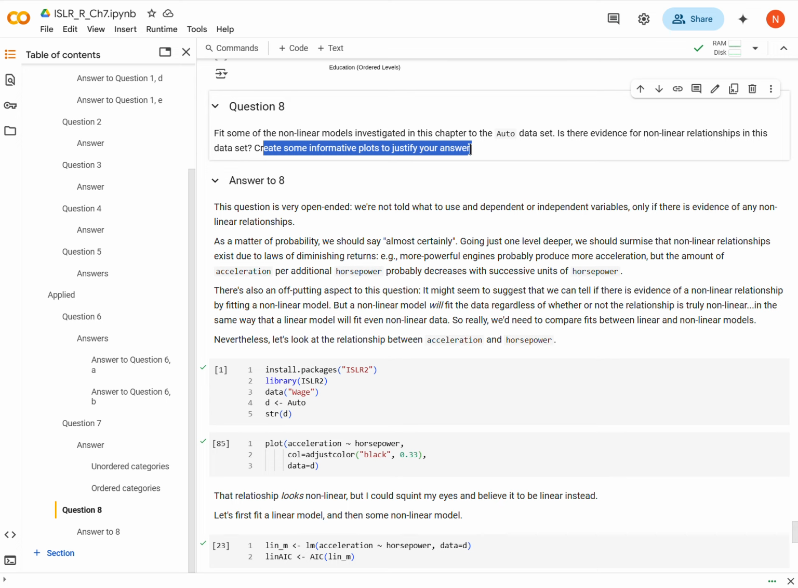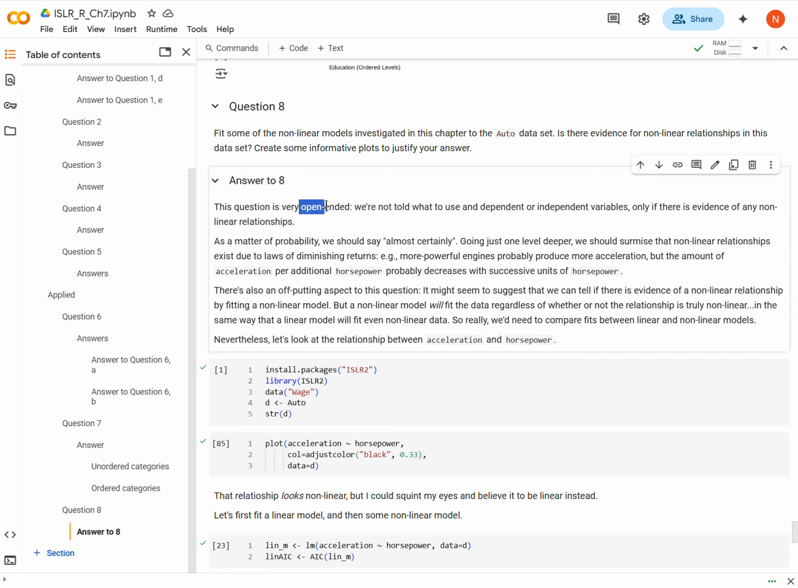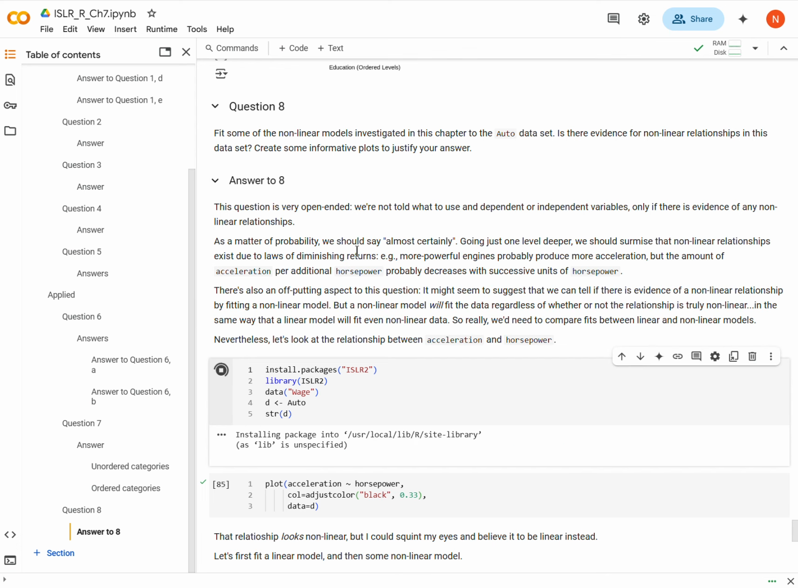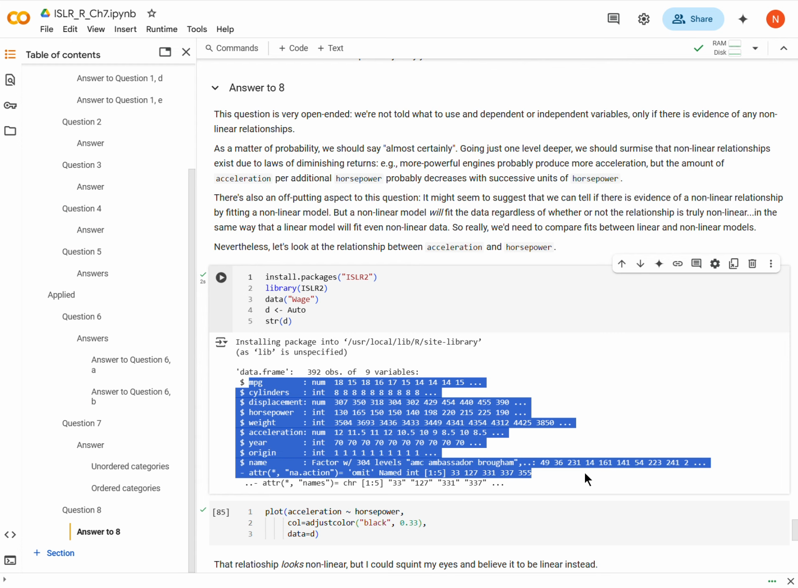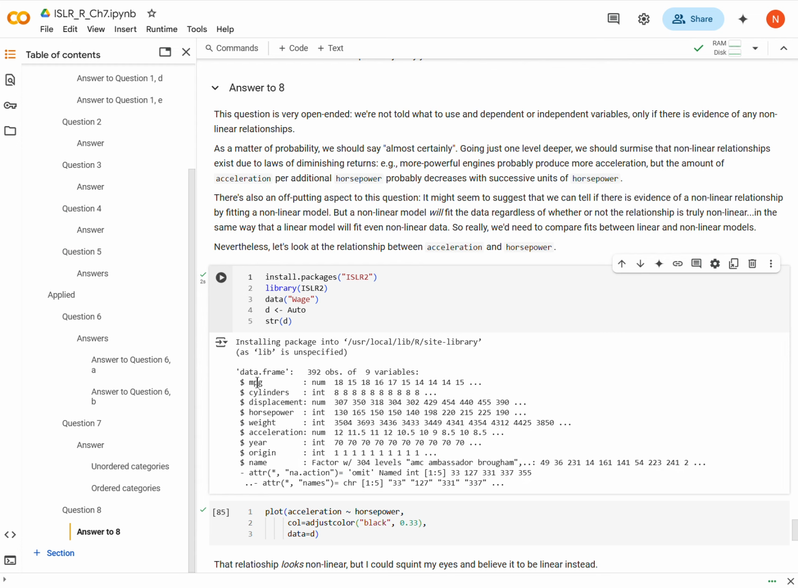All right. So the first thing to notice here, obviously, is that this question is very open-ended. We're not told what variables we're supposed to look at, and we're really only directed to indicate whether or not there's evidence for nonlinear relationships. Okay, so just as a matter of probability, in fact, let me just load these up here. Just as a matter of probability, we have all of these different variables right here. And so if we just looked at every two-variable